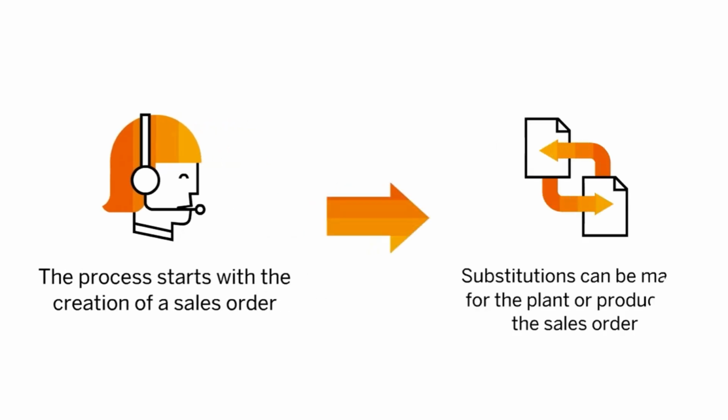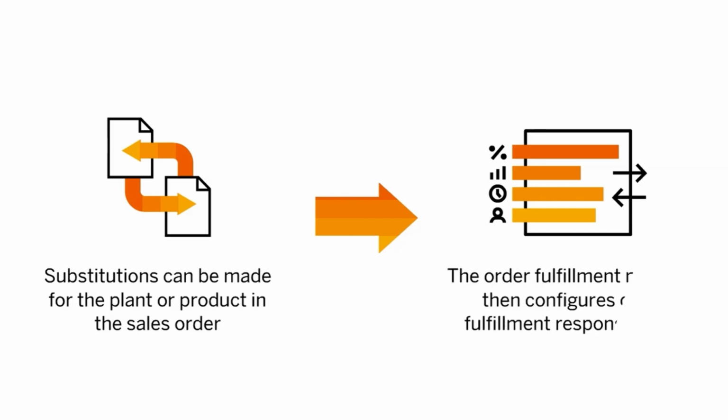If a substitution strategy has been created by the Order Fulfillment Manager, substitutions can be made for the plant or product in the sales order. The Order Fulfillment Manager then configures order fulfillment responsibilities to enable order fulfillment specialists to process the materials for which